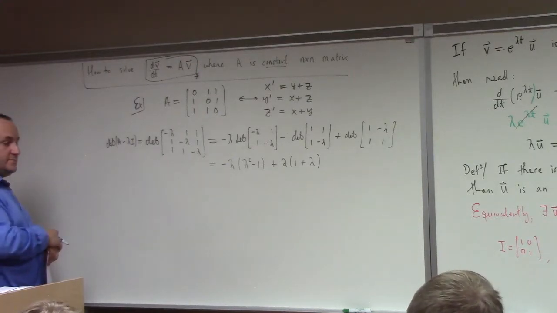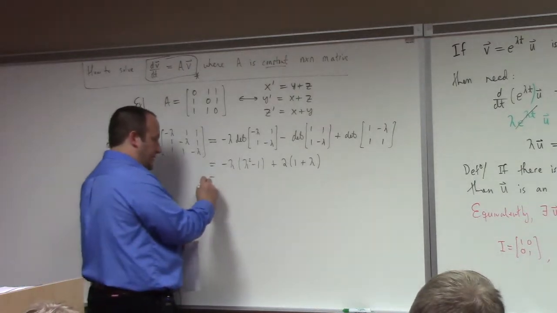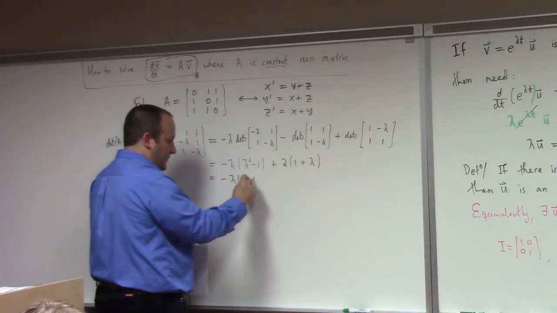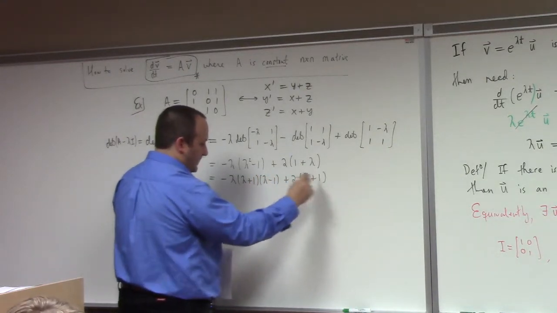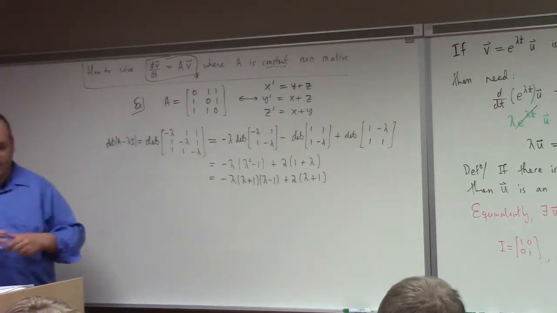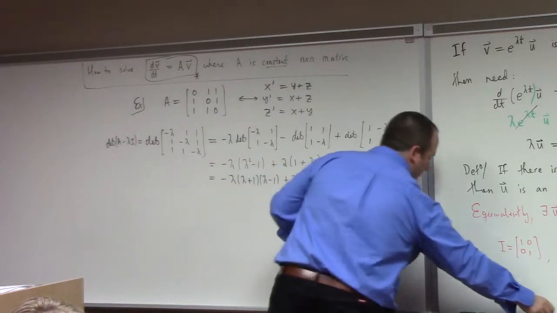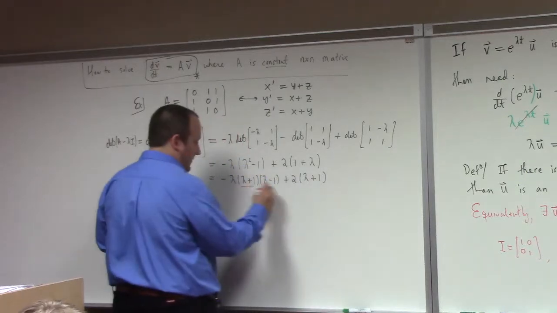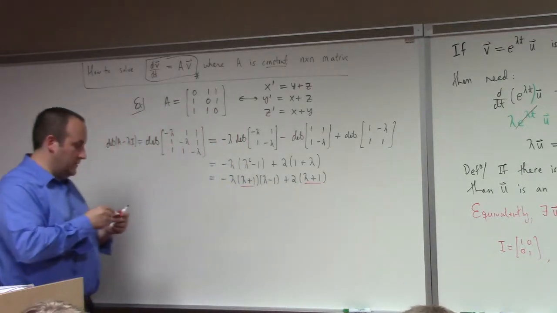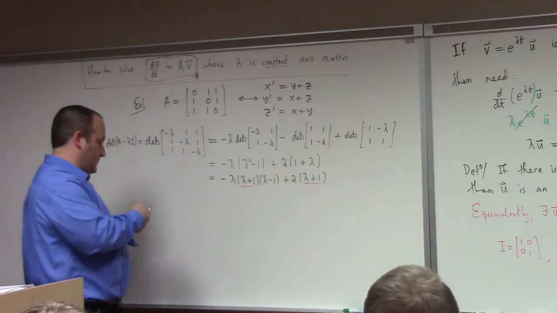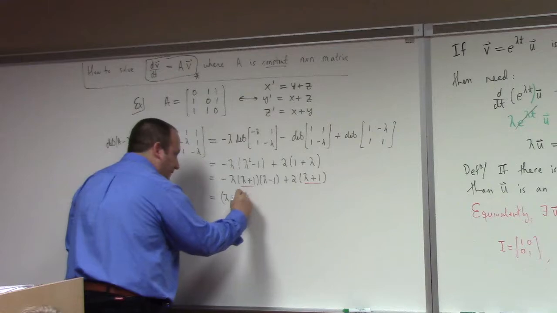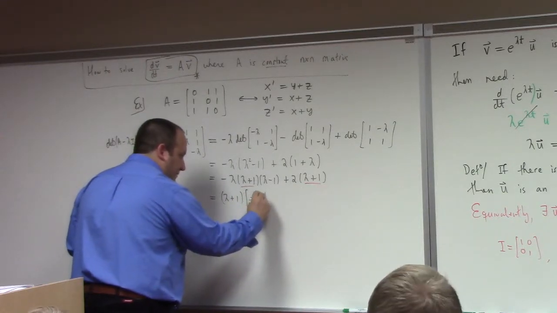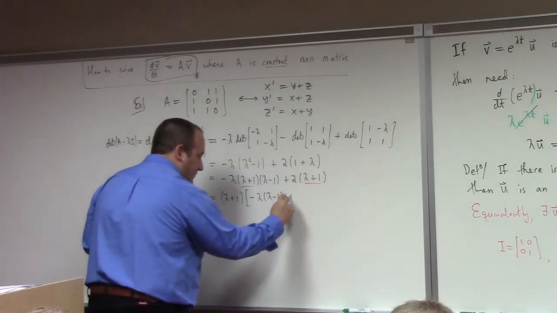You'll confirm that, right? Factoring by grouping for the win here, guys. This is minus lambda times lambda plus 1 times lambda minus 1, plus 2 times lambda plus 1. Well, we got the same factor in 2 terms. Hooray! So see here and here, yeah. So we can factor that out. And that leaves me what? That leaves me minus lambda times lambda minus 1 plus 2,